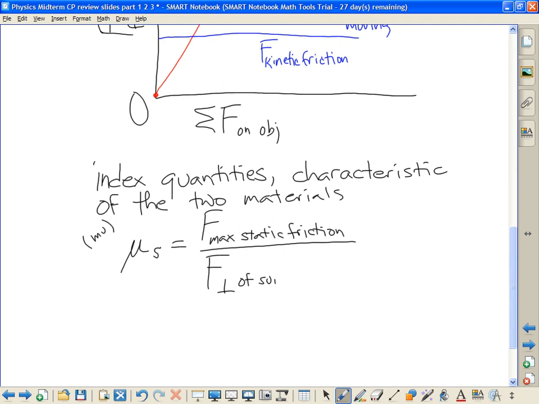You don't need to memorize it because it's always on a formula sheet, but you should recognize what it is. How do we use it? How do you use this is the question. Well, anytime we have a